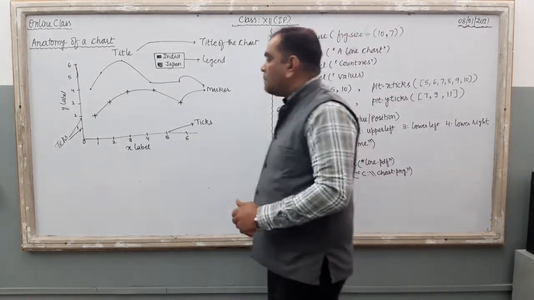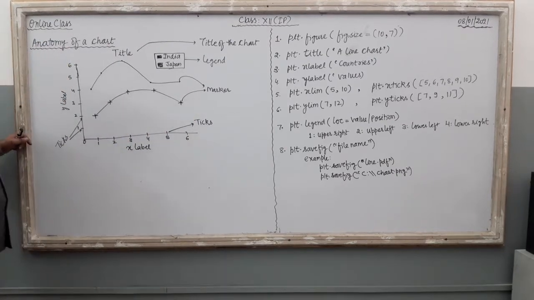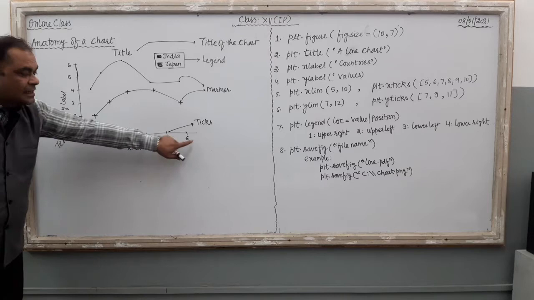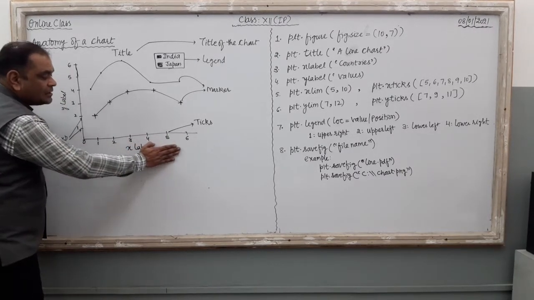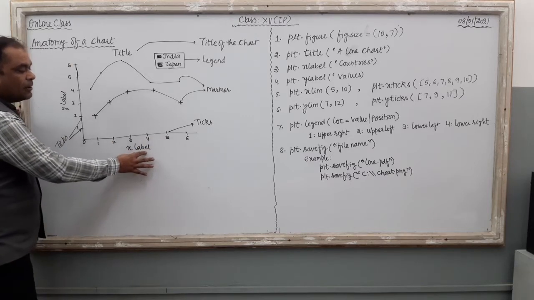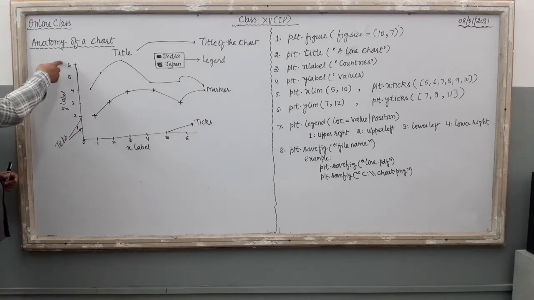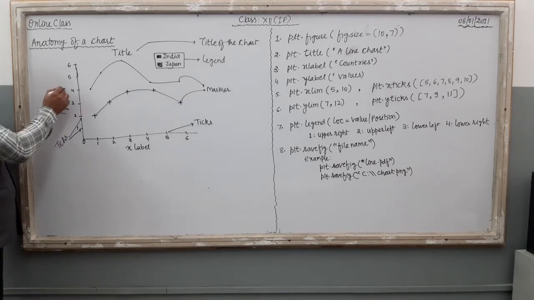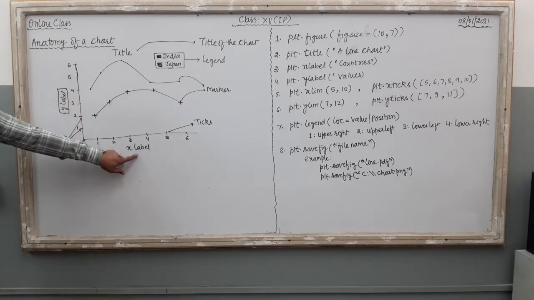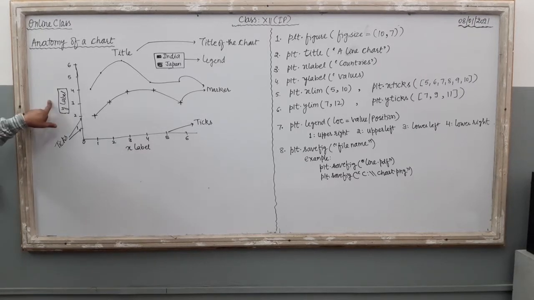Now if you see the chart properly, this one is known as the x-axis. You know it very well. If you want to give a name to the x-axis, you should supply xlabel over here. Then this is the y-axis of the chart, and you can also supply its name by using a specific function, known as ylabel. Xlabel goes with the x-axis, ylabel goes with the y-axis.